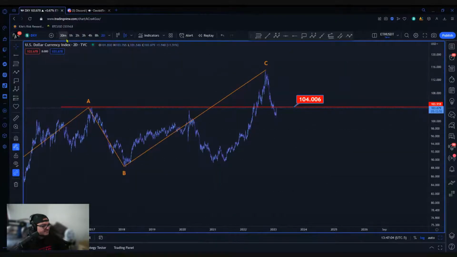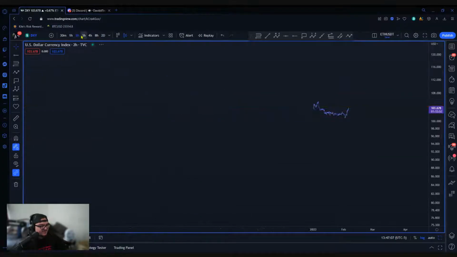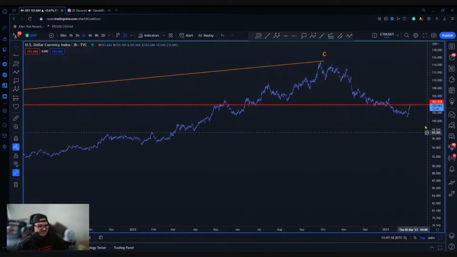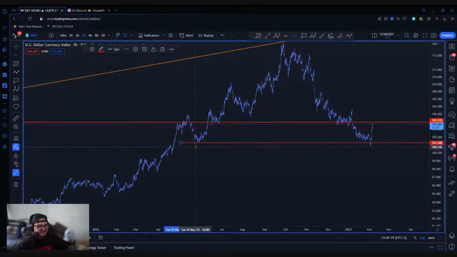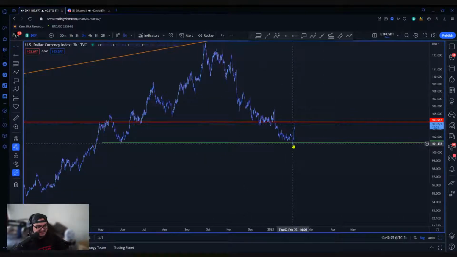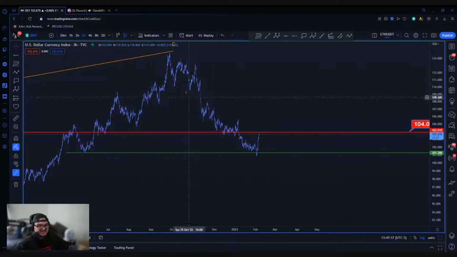So as of the moment, there's a couple of days to consider as well. And we are below that ABC, but when price does start to downtrend, I will take local areas of support into consideration. One of them being this level here at about 101. As you can see, this kind of dipped below when the FOMC news came out, and we quickly got a reversal from there. We're pumping the upside. So obviously if you guys don't know, the DXY and basically all assets in general are inverse correlated. So if the dollar does well, assets do bad. If the dollar does bad, assets do well. So we could have a little bit more room to the upside.